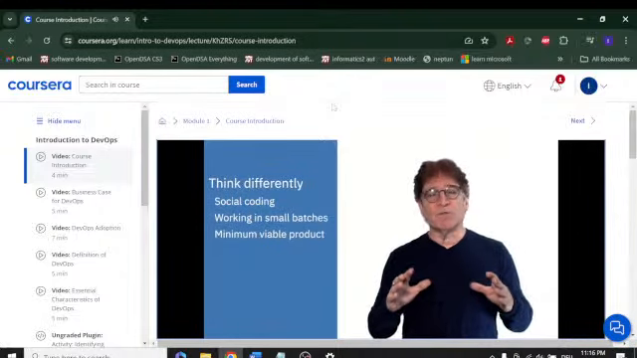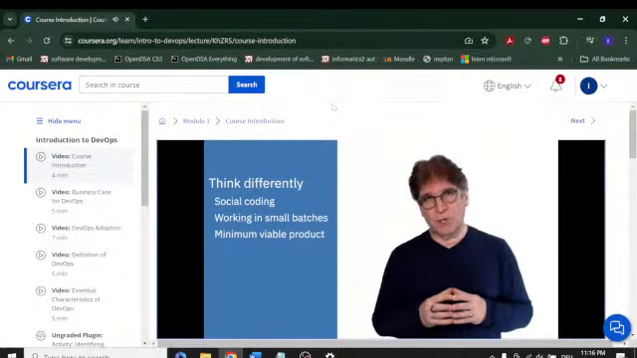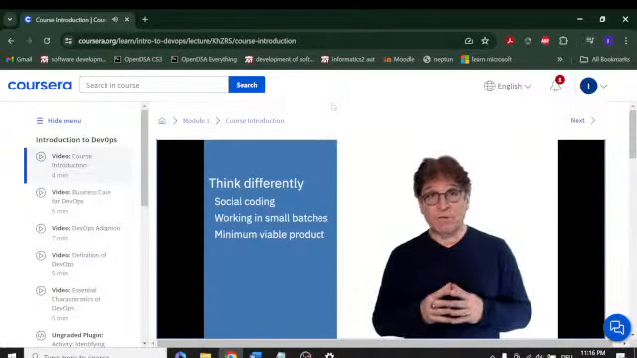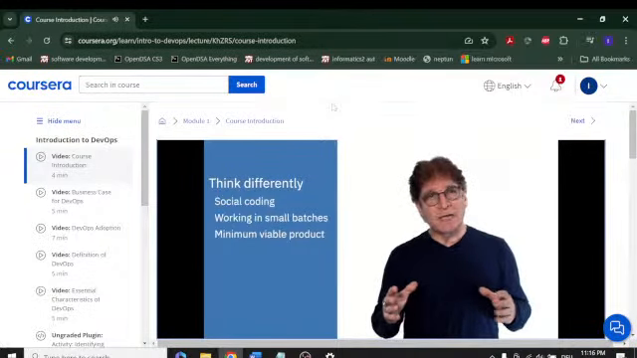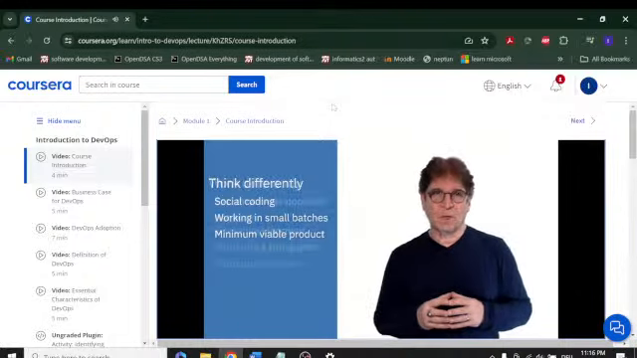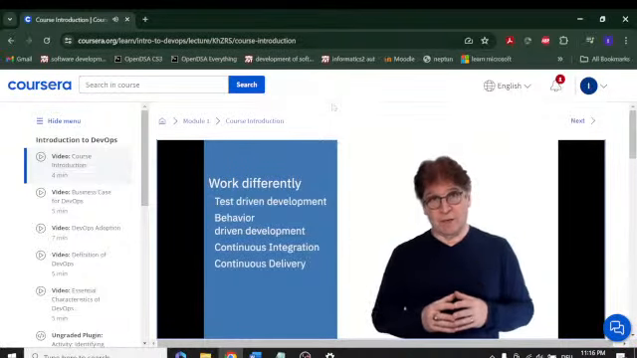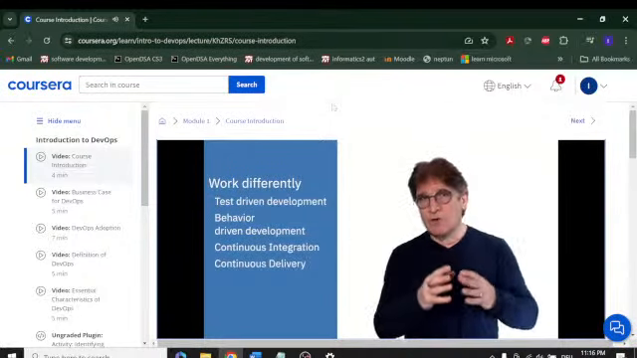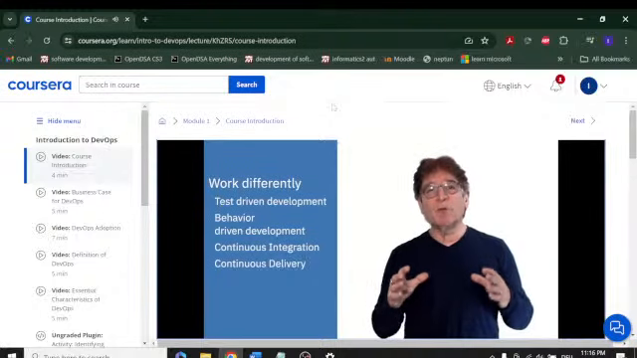We'll cover thinking differently through social coding and improving software reuse and sharing. We'll learn about ideas from lean manufacturing, such as working in small batches to reduce waste, creating minimum viable products to gain valuable insight. We'll explore working differently by using test-driven and behavior-driven development techniques to ensure repeatable behavior and